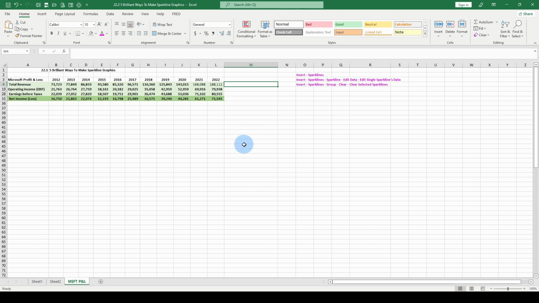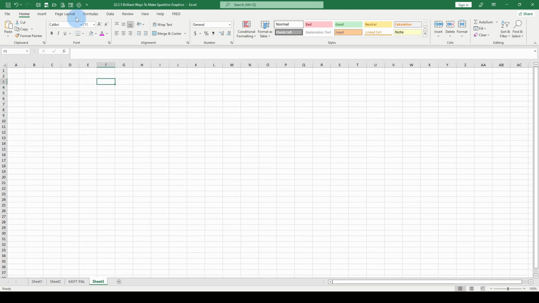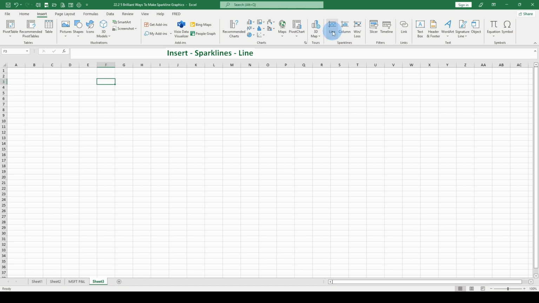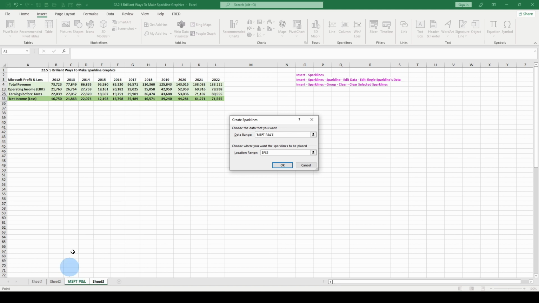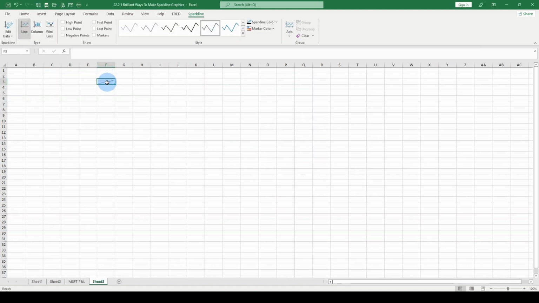Can you insert any part of this data into a Sparkline on another worksheet? The answer is yes. Here we have the Microsoft P&L, and we're staying consistent here, so you don't have to digest any additional information. We have the data. We want to put total revenue over onto another worksheet. For whatever reason, just go to that worksheet, go to Insert, go to Sparkline, hit Line, and here you have the data range and location range. Go back to the Microsoft P&L, go to the revenue, highlight the revenue, hit OK, and there's your Sparkline on